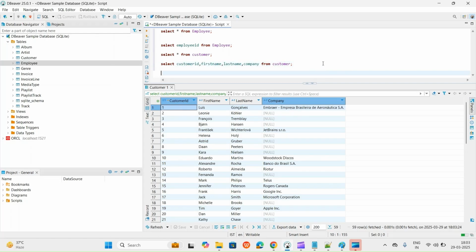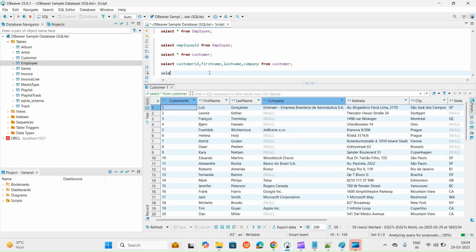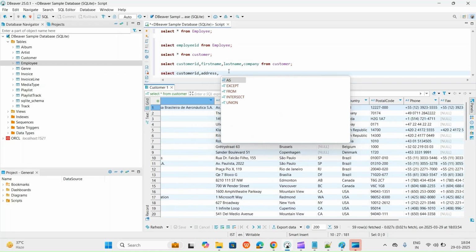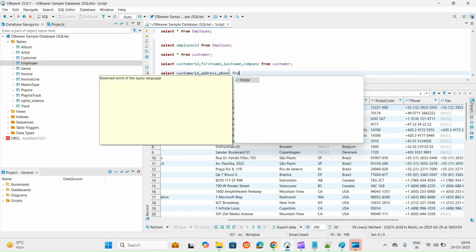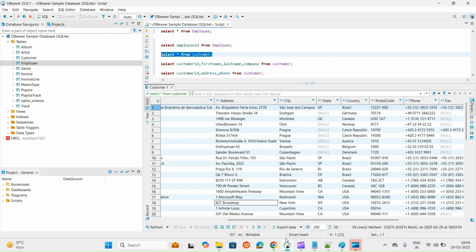And the columns should not be the same which is available in the tabular format. Maybe we can view the information of customer ID, company, and we can choose the columns randomly as well. Let's say I need to view the information of customer ID, address, phone. And here I am picking the columns randomly, not in a sequence way, which we are seeing here with